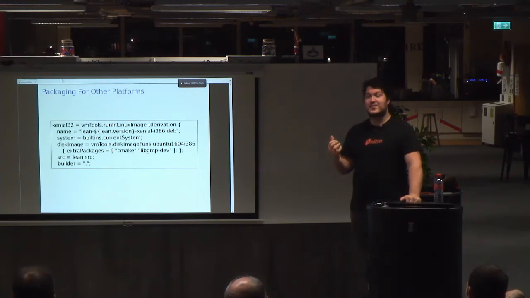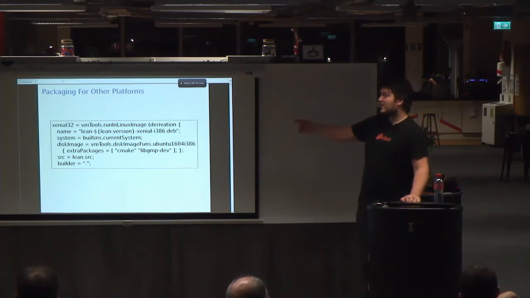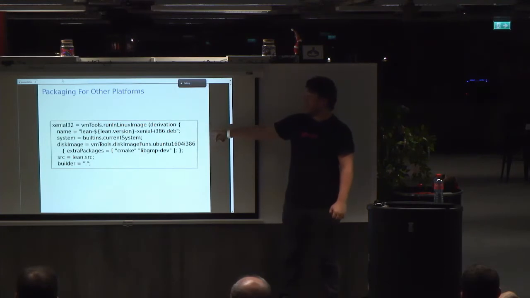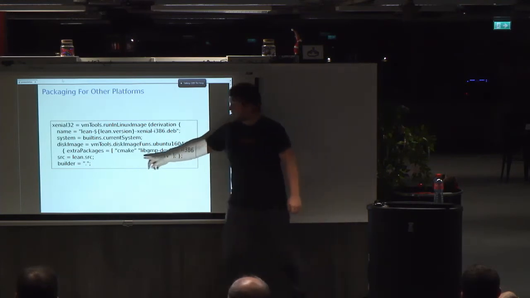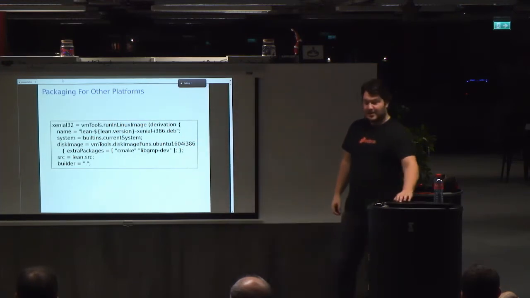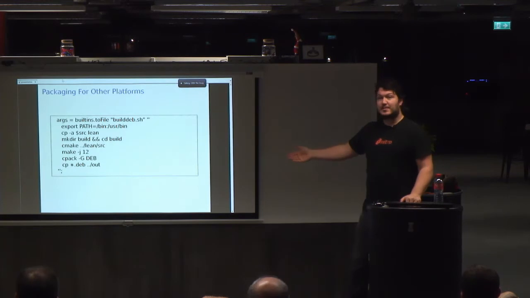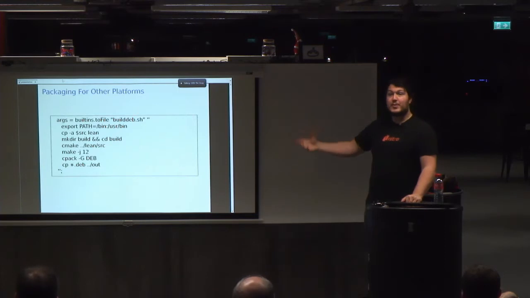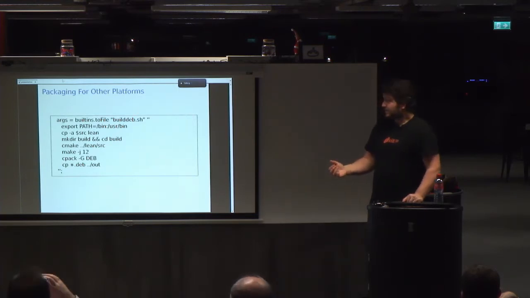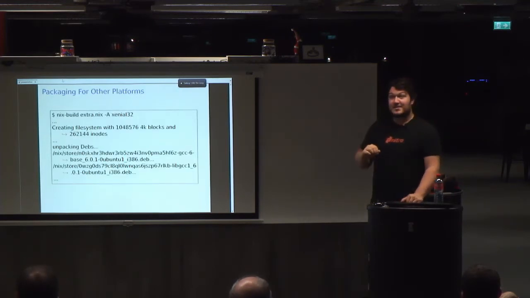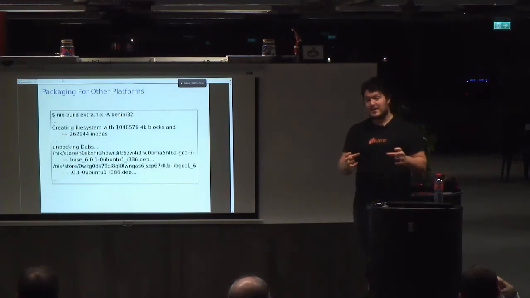You can also do this for other operating systems. In this case, I create a package. I tell it I want to run this package in a VM for Ubuntu Xenial. And then I want to add these extra packages to the VM, CMake and libgmp-dev. And then I just specify a small script that runs CMake and calls cpkg-deb to create a Debian package. And it builds the package. It runs a VM.